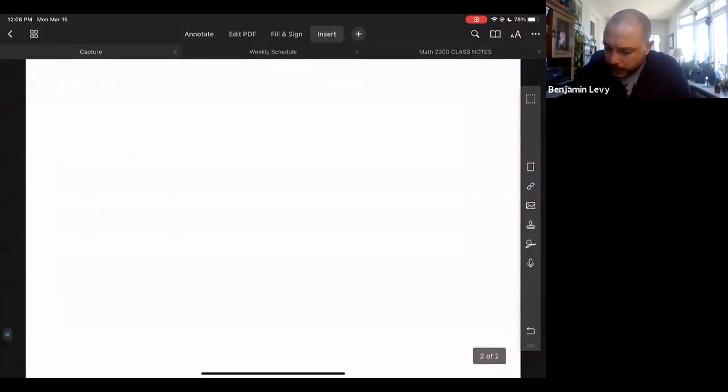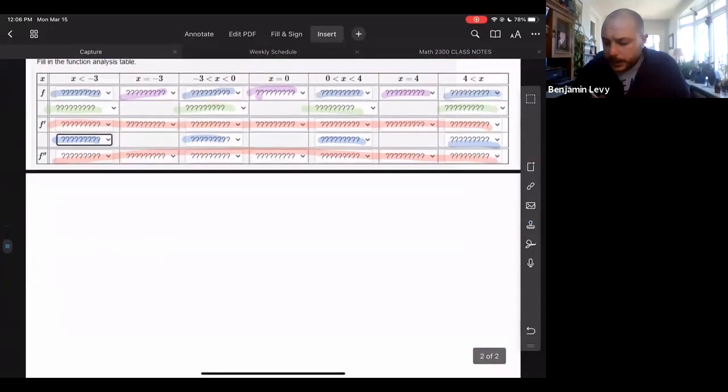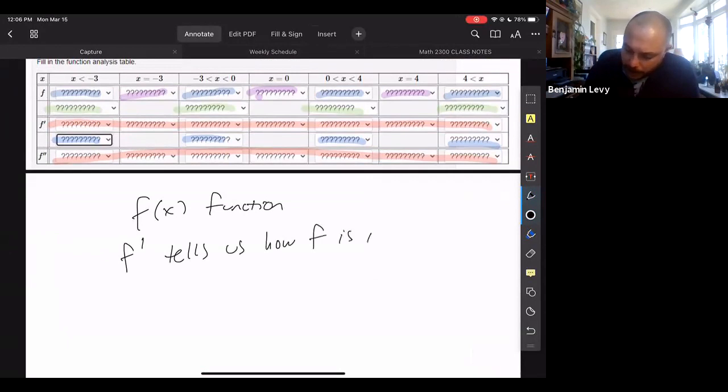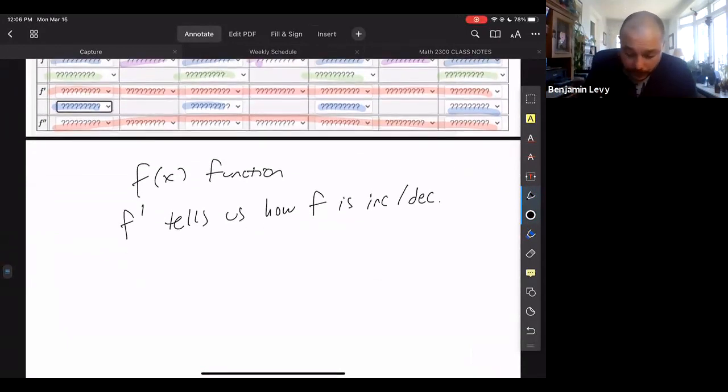I want to insert another page so I can make a couple notes. So the couple notes I want to make just really quick is that f of x is the function, obviously. It's the normal function. F prime tells us how f is increasing or decreasing, right? The thing that is particularly confusing about this one has to do with the second derivative. So the second derivative tells us a lot. It either tells us the concavity of the original,